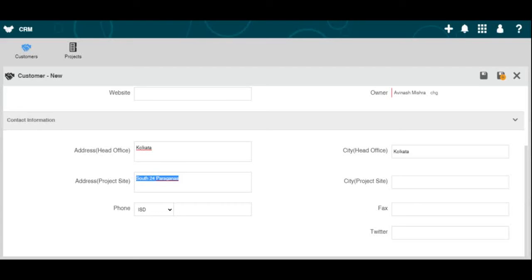And even the project site in the city is located at South 24 Parganas. I'll just enter the phone number. We'll save this record.